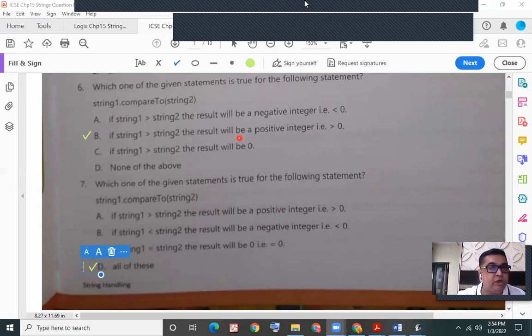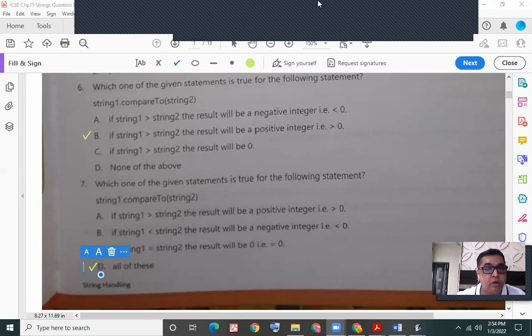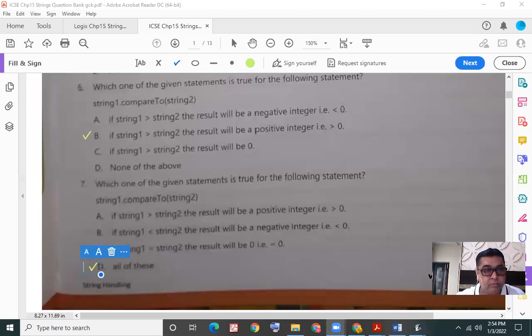I'll just stop the screen share for a moment and share the screen again, hoping that the chat box, that big box that comes in between, does not appear. To ensure that it doesn't disturb us, I'll share the screen with you again. Let me know if it appears in between.